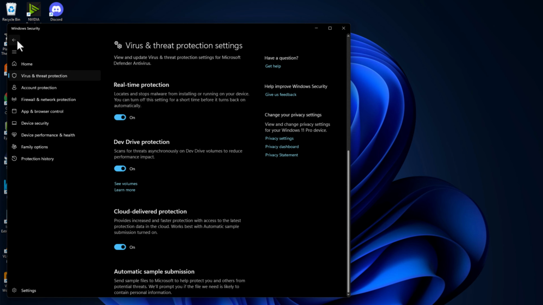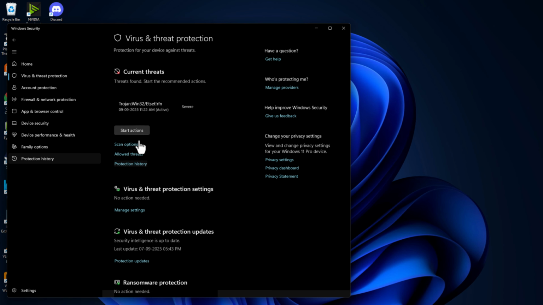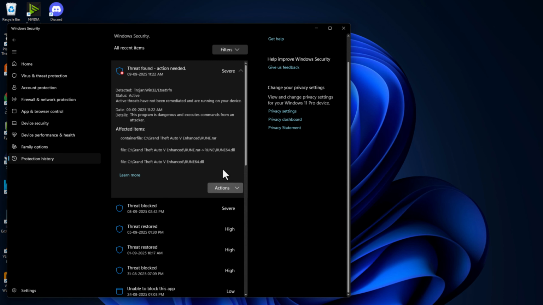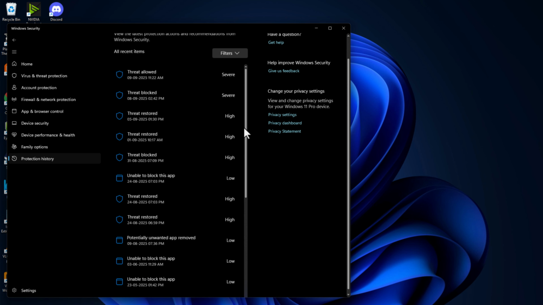Go back, again go back and select this protection history option, and you just need to click on this threat found and select yes option. As you can see, the game related file is in here. Just select the action option and select the allow on device option and select yes, and do the same thing